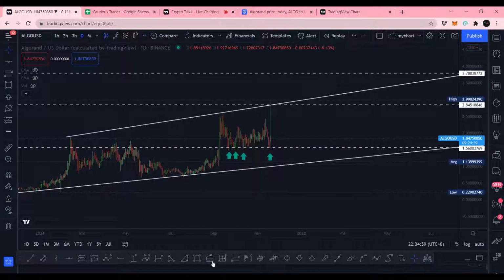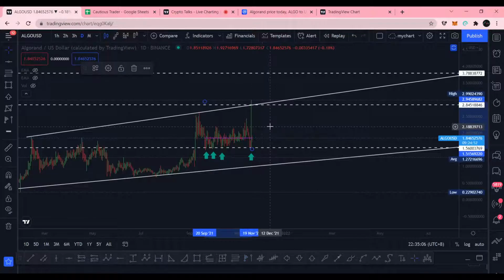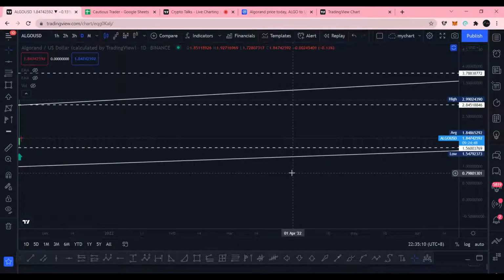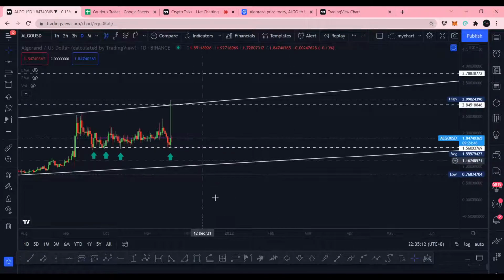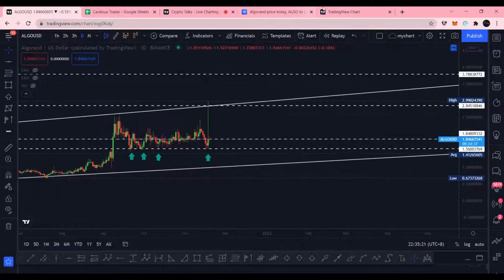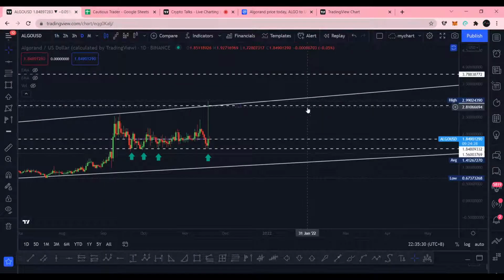So on this support area, we're gonna create a volume profile, which is at this area. Oh, I actually did not use volume profile here. Yeah, this is just for FTX. I did not use that. So anyway,